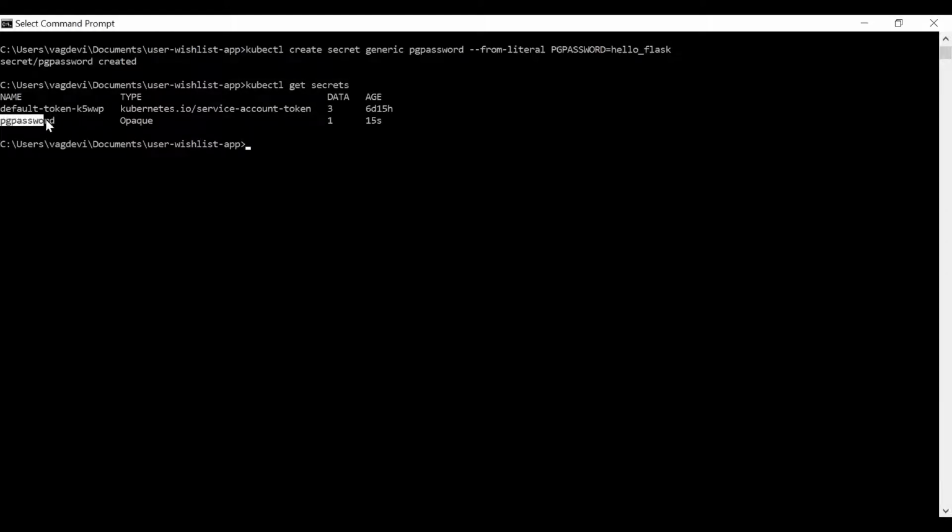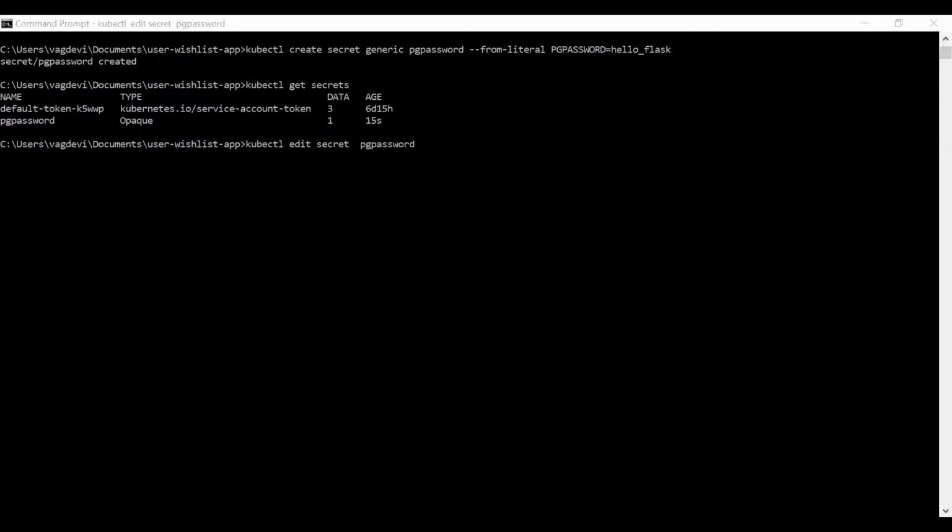Okay, so this is the one we have created just now. The age is 15 seconds, right? Now we can also see the configuration of how this password is stored in a file. We can do that using kubectl edit secret and then the secret name, which is pg-password.